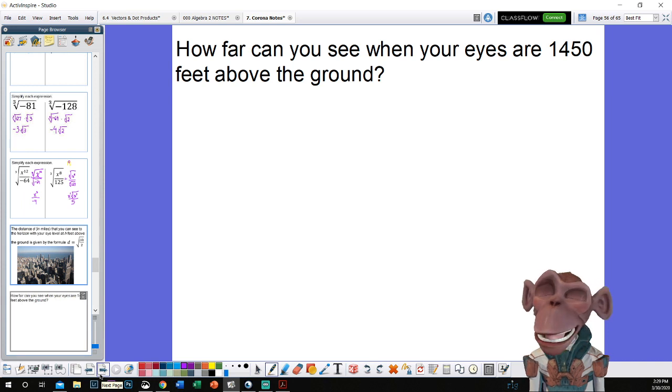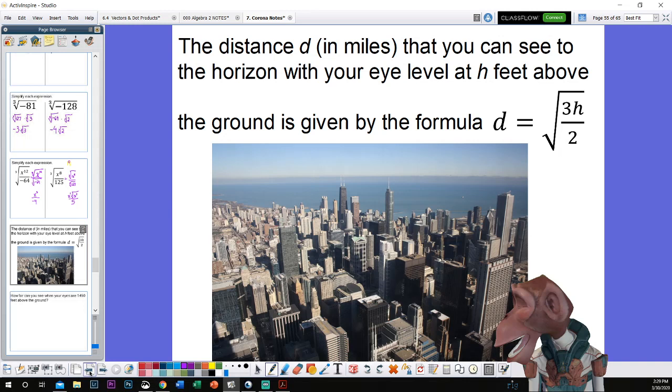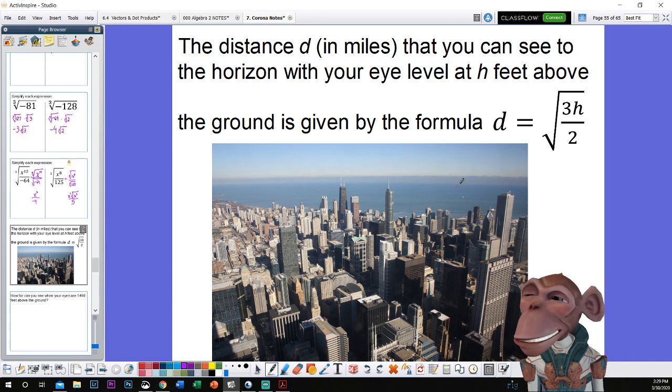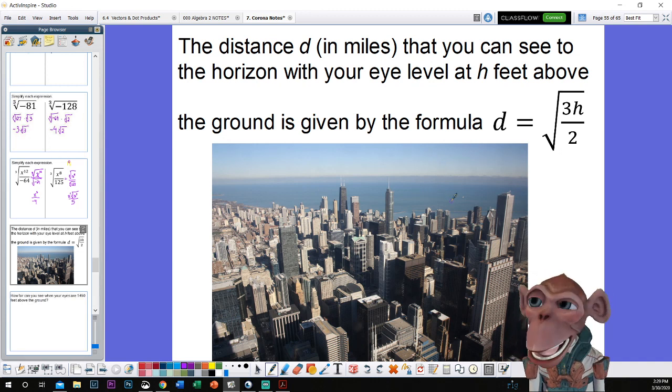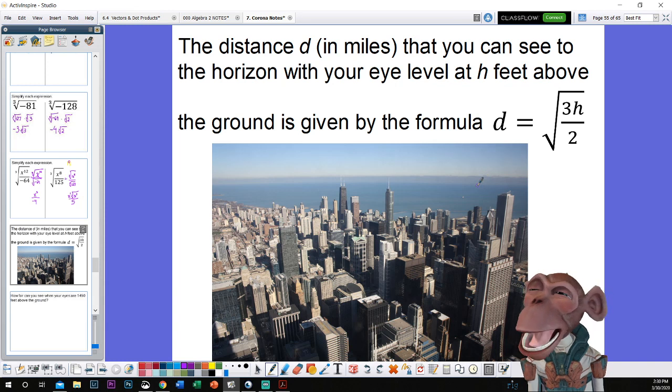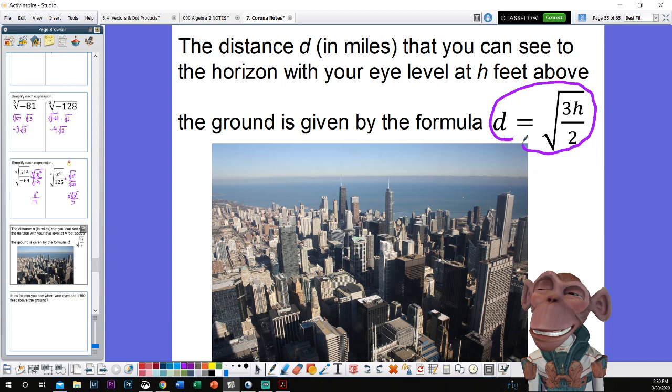1,450 feet above the ground below you. That's really tall. Alright, so you're going to go up there, and we want to find out how far across can we see. For those of you thinking this is the ocean, this is really Lake Michigan, by the way. So we want to see how far across on the ground can we see, and we're just going to use this formula here. This is a cool little formula that tells you how far you can see if the ground is flat and if you're high up in the air. So D is going to be the distance we see, H is going to be the height of our eyes in feet. So the square root of 3h over 2,